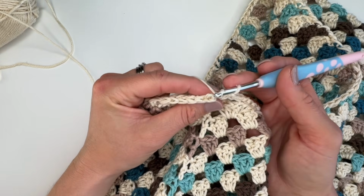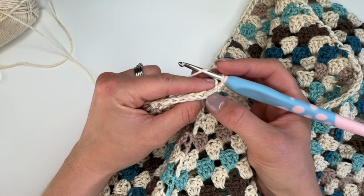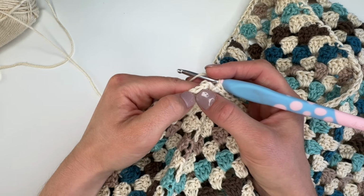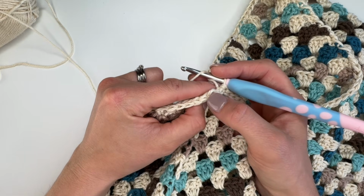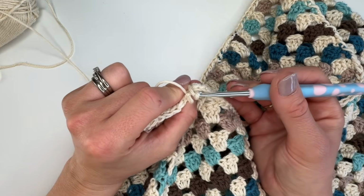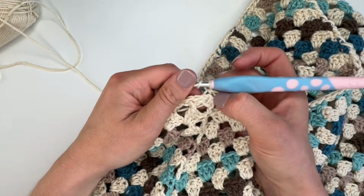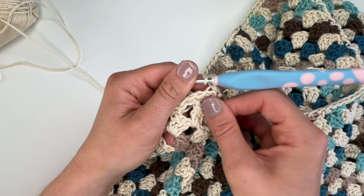And I've just pulled up this loop here to show you, because what I want us to do is go into that very furthest loop, which is not the back loop though, it's our 3rd loop of this yarn over slip stitch. So when we're working in rounds, we have the front loop facing us, then the back loop here, and then this 3rd loop, which is the extra loop we have made. And we're going to work into that loop a yarn over slip stitch into there. And then I would, if I was you, just put a stitch marker here to know that that's the first stitch of my round,